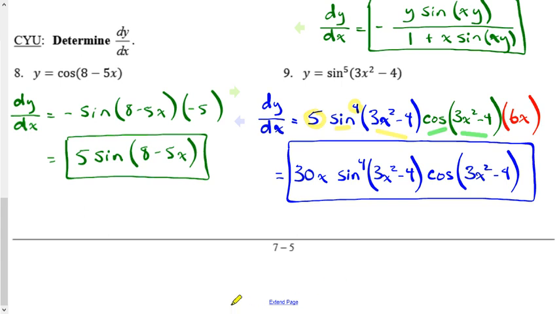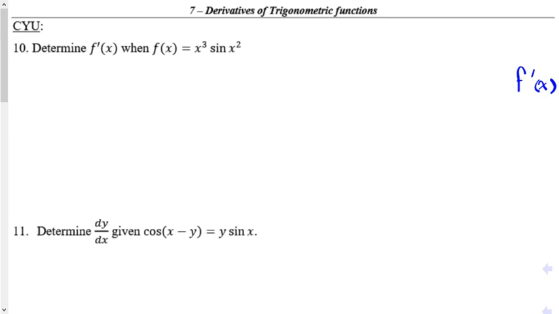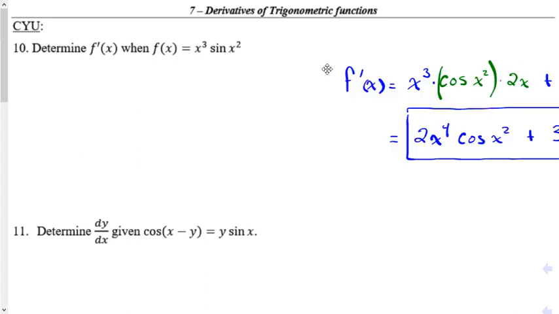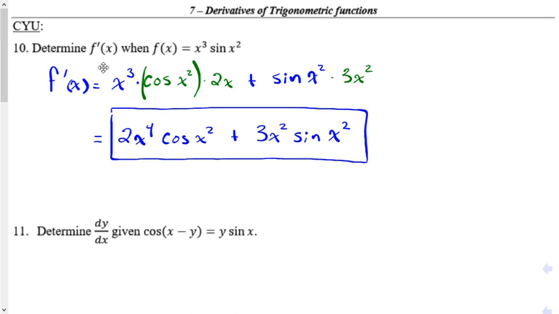Next page. This time we'll want a product rule and a chain rule. So here's what I get. First function times the derivative of the second. So my derivatives are in green. Plus my second function, unchanged. Oh, remember, when I do the derivative of sine x squared,